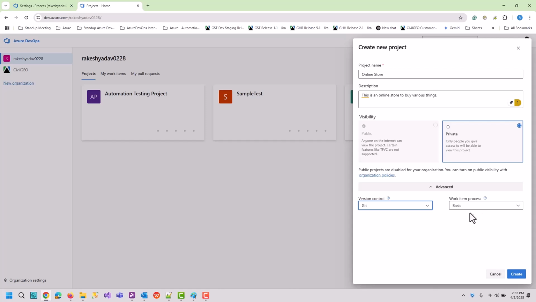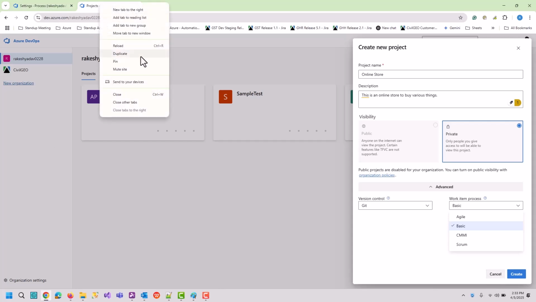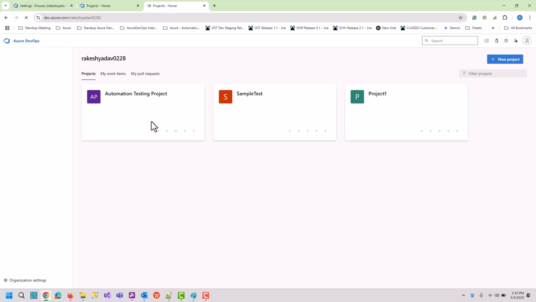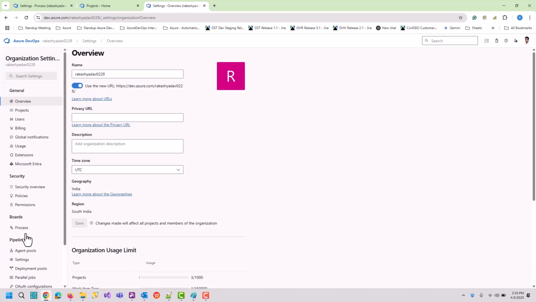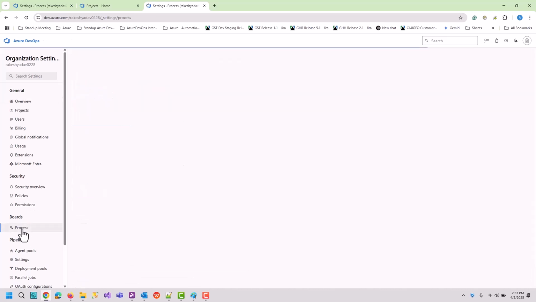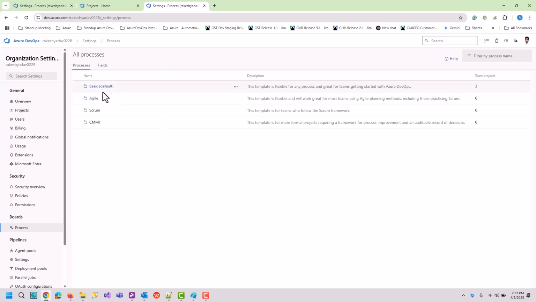And you can also select the work item process, which process you want our project to follow. By default, it is selected as basic. Let me open a duplicate of this one. If you go to organization settings, there is an option under boards, process. Click on this. You can see that basic is selected as default here.